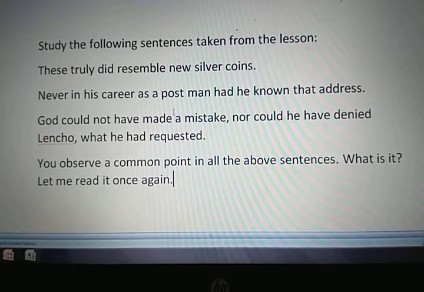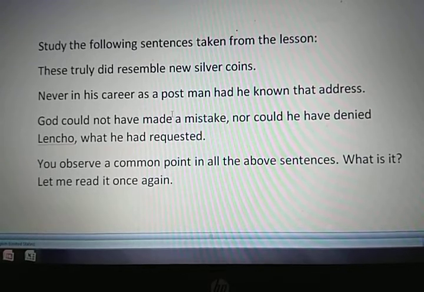These truly did resemble new silver coins. Here, did came before the verb resemble. Actually, it should be resembled: these truly resembled new silver coins. So, in place of resembled, it is written did resemble. Clear? In order to emphasize,